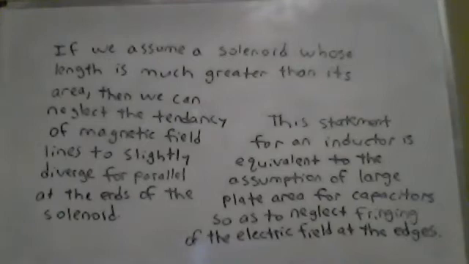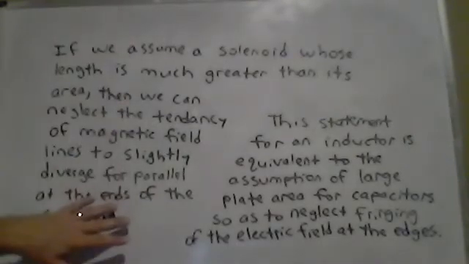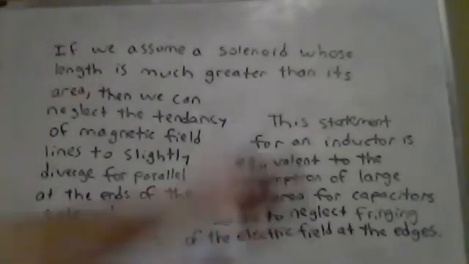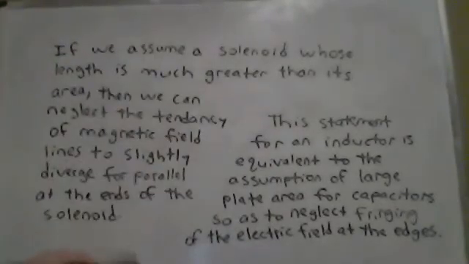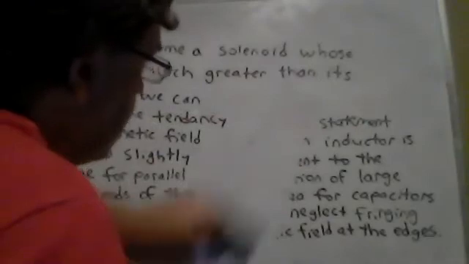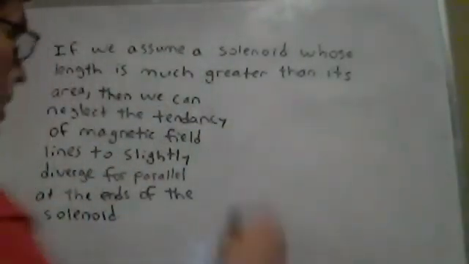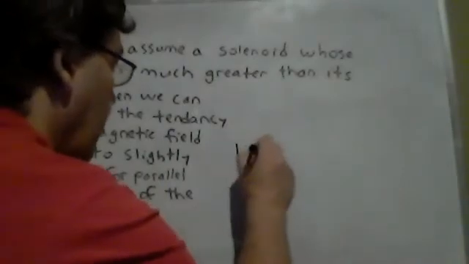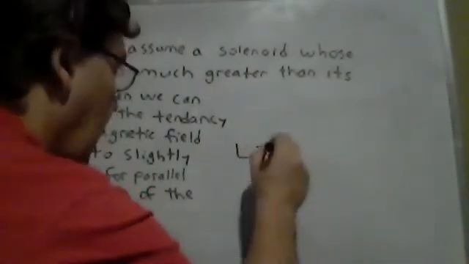And so we can neglect that slight diverging effect. And that's what this is saying. If I can make this statement, then I can multiply that little L up to the right-hand side. So if this statement is good, then I can write that L is equal to mu naught